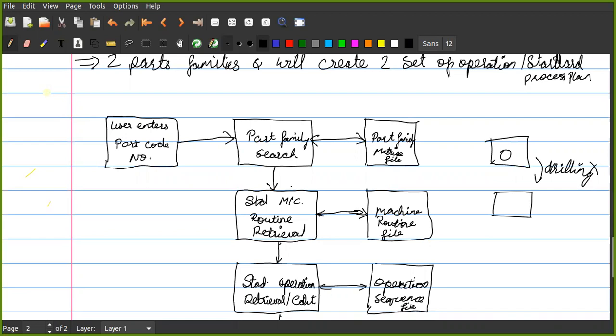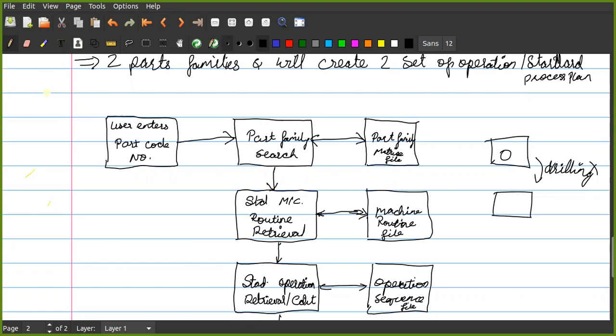Then after the part family is finalized, you go into the standard machine routine retrieval system. So that's the name, retrieval type process planning system. There you already have a certain set of equations, you are just retrieving them. You get the standard routine file which is stored in the standard machine routine filing system.